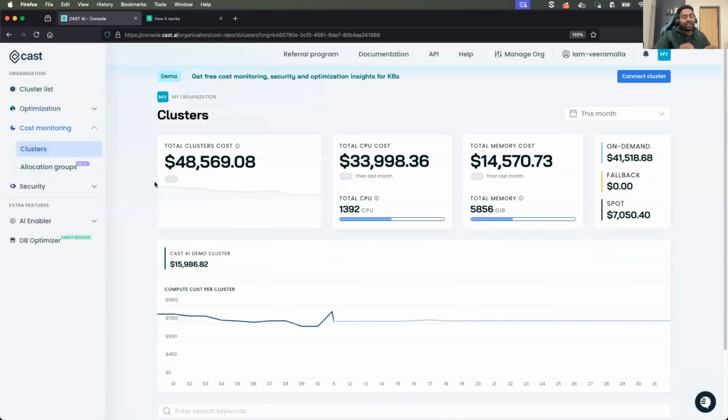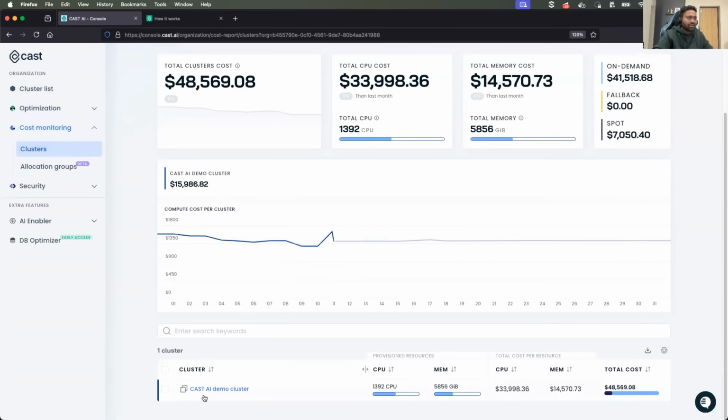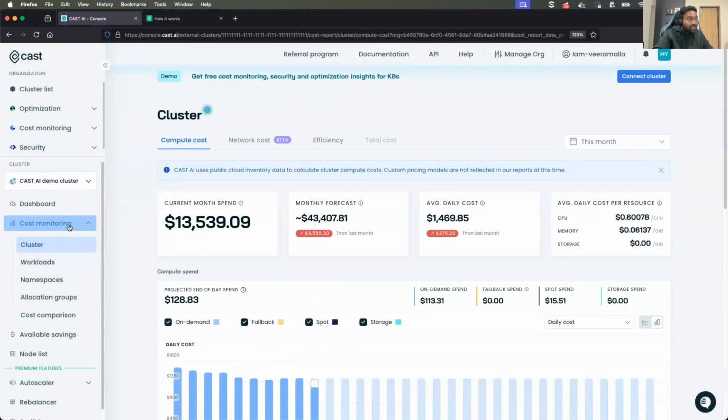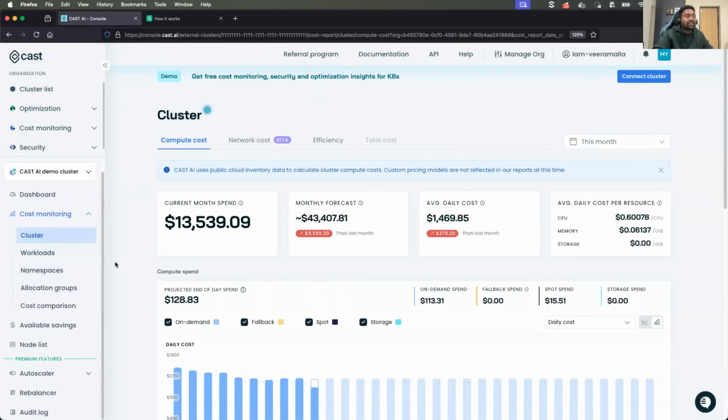Cost monitoring can help you explain cost at the granular level. That is, how much your workloads are costing, how much your namespaces are costing, how much you are costed at the allocation groups. You can get all of that using cost monitoring. And Cast AI does exactly the same. For example, if you go to the cost monitoring and select one of your clusters, right? Let's say I select this cluster, it can actually help you understand the cost at the granular level